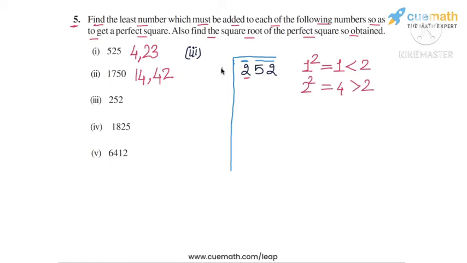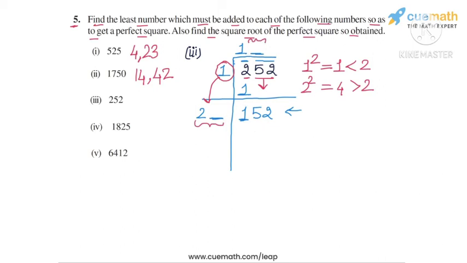So the first divisor will be 1, and the first digit of the quotient will also be 1, and 1 into 1 is equal to 1. Now we subtract. So 2 minus 1 is 1, and then we bring down these digits 5, 2, and that gives us 152 as the dividend for the second step. Now to get the divisor for the second step, we take this 1, we double it, and that's 2. And now we have to find the largest digit which will go here and also go here as the second digit in the quotient, such that the product of this number here and this digit here is less than or equal to